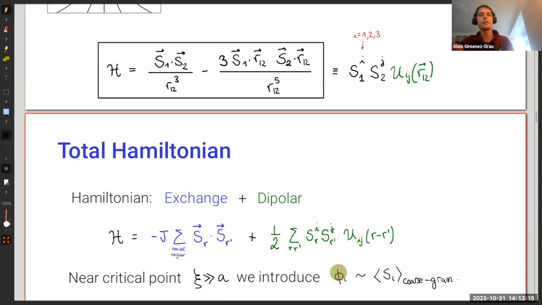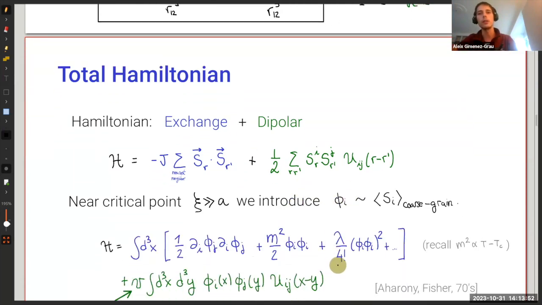So what we can do in this regime is what I'm going to call coarse grain averaging. What coarse grain averaging means is that you have some lattice spacing, which is very small. Then you have some correlation length, which is much larger. But then you have the size of your sample. So we want to average over some intermediate scale, over many, many lattice sites. But this region over which we average still has to be much smaller than the whole sample. If you do this type of average, then this field phi is going to be some continuous field, and then we can write some continuum field theory for it.